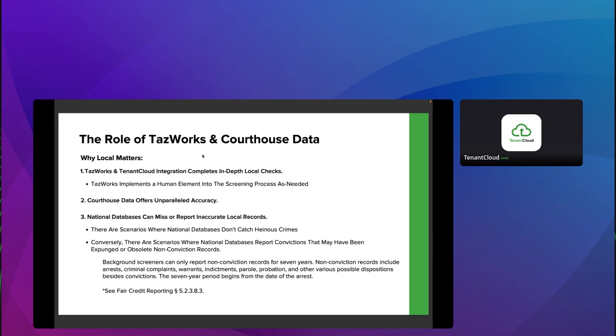And then that, of course, will get uploaded as part of the overall screening report that you would get through the Tenant Cloud platform through our integration with TazWorks. It is an incredibly powerful tool, and it is an extremely important tool. I am aware of several scenarios where